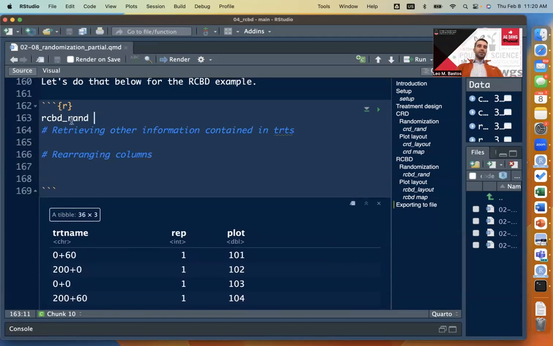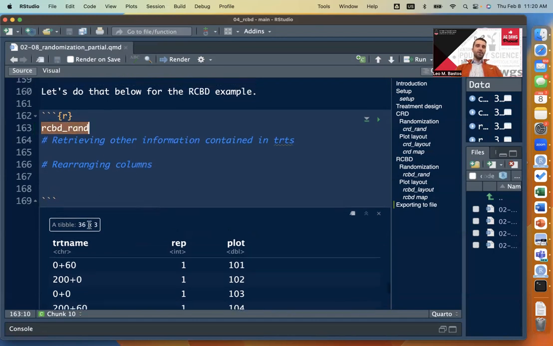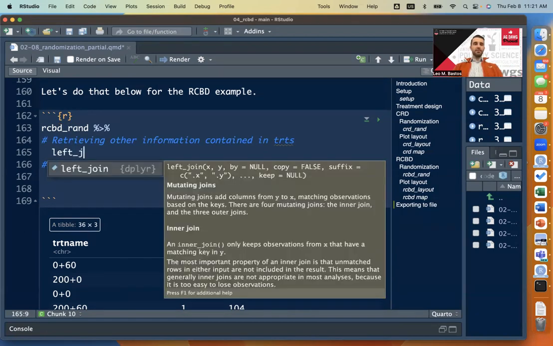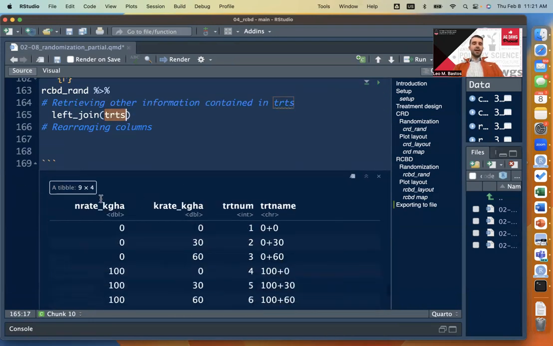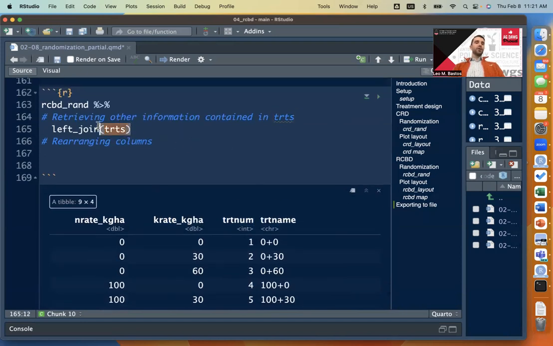So to export this, right now RCBD ran has treatment name, rep, and plots. I wish that it would have also nitrogen rate, potassium rate, those columns. So before we export this, I want to do a left join. So let's add a pipe there. You come after the comment here. We're going to use a left underscore join. And the object that has all that extra information is called TRTS, the one that we created right in the beginning. So if I just print TRTS, it has N rate, potassium rate, treatment number, treatment name. Because we're using left join,